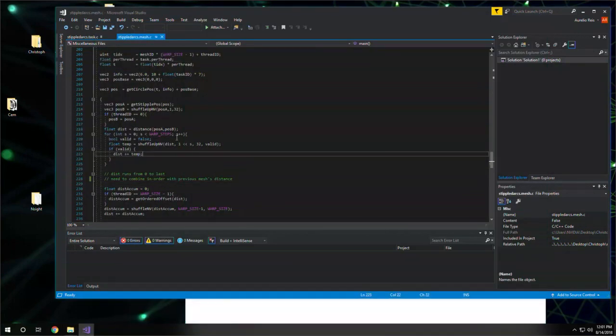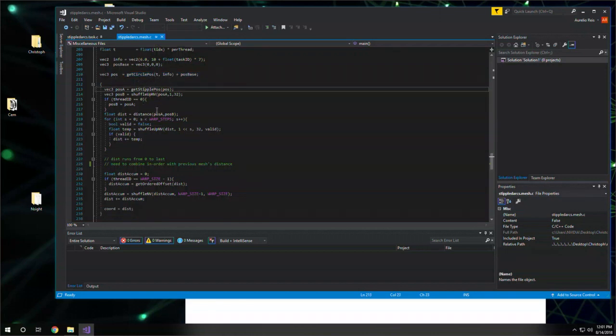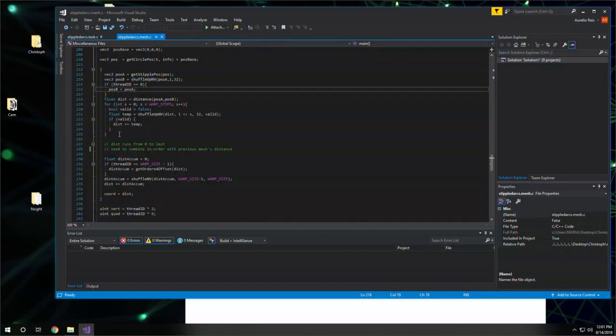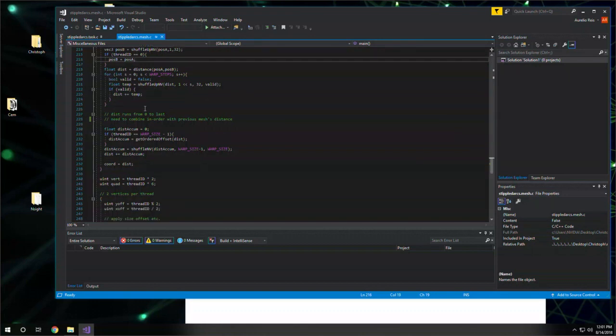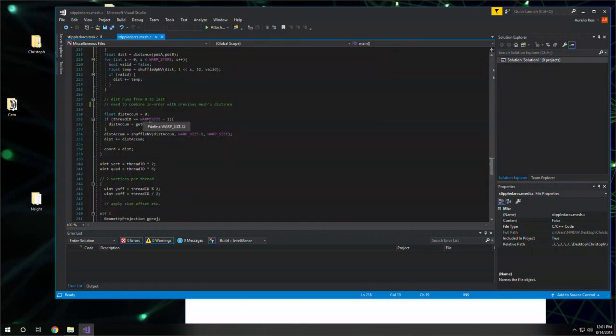So how does it look? I hope you can see this. Yeah. So we create the position along the circle. We then compute the distance compared to the next point on the circle, and every meshlet. So we use the shuffle instructions to find the next vertex along our meshlet strip, and we compute the running distances here with some warp reductions, and then because we know the meshlets are spawned in order, we can have